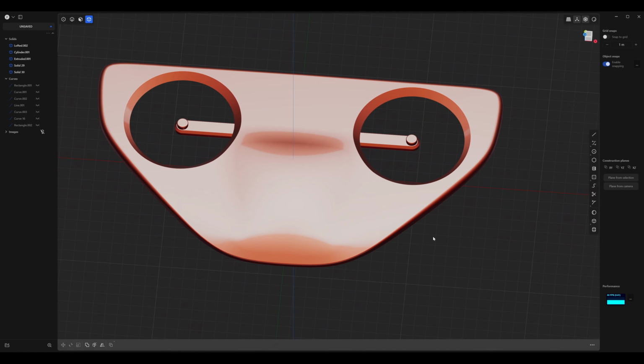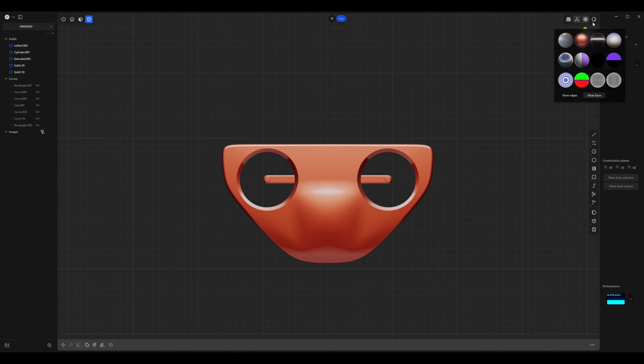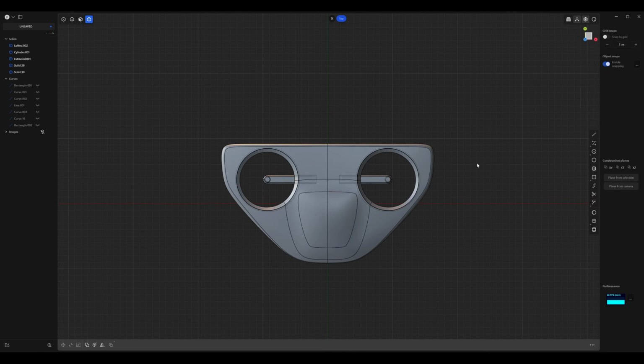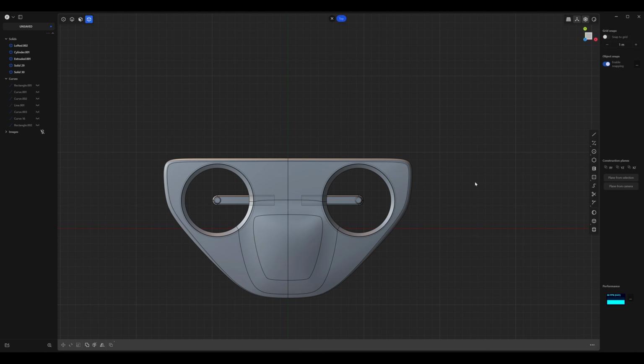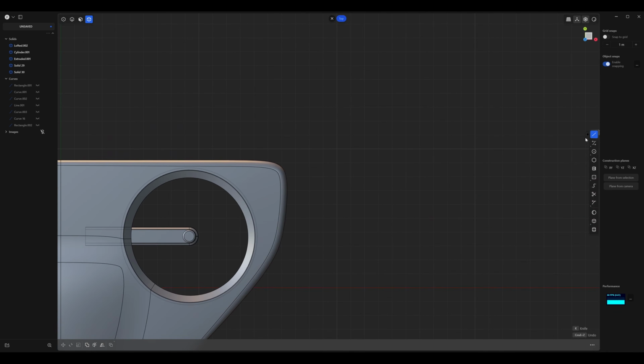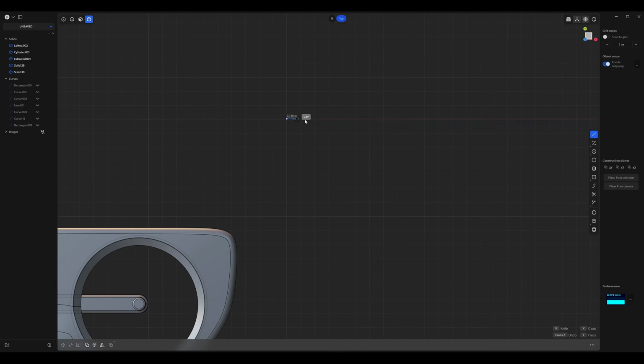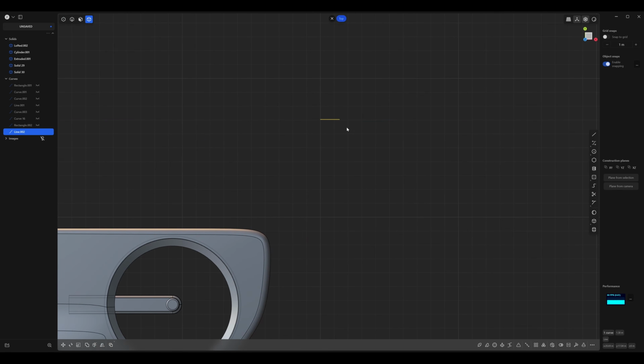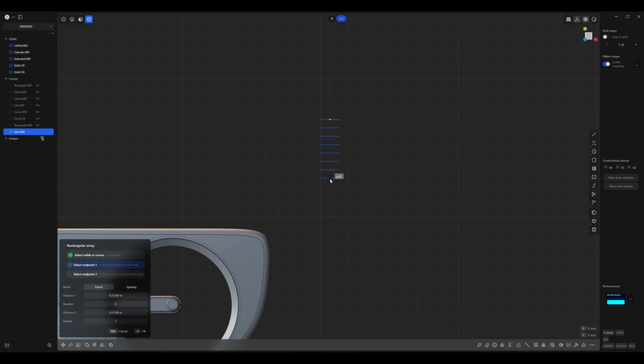And to do that, let's go to the top view and let's go back to our regular shaded mode and show edges. And now we're going to create 5 lines that will be used to define the shape. So with the line tool, just create one line like this. And then we're going to use the rectangular array. And let's just make sure we have a total of 5. So 1, 2, 3, 4, 5.